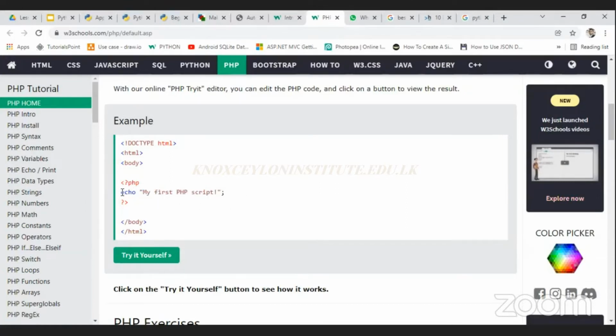It's a built-in function. We can simply say it's an instruction to the computer to print or display whatever text is written here. But to complete this instruction, we use a semicolon in PHP and